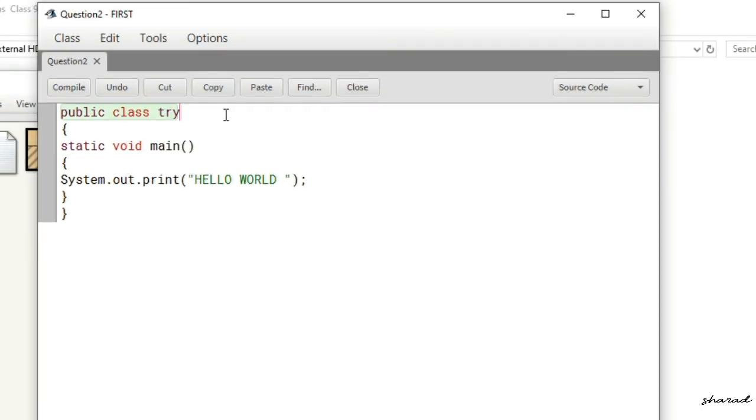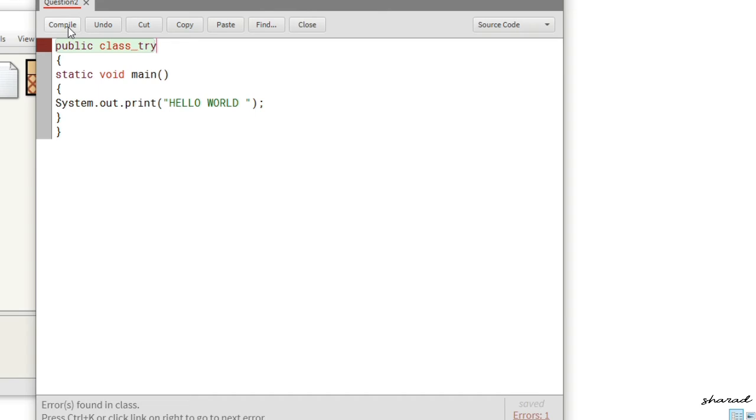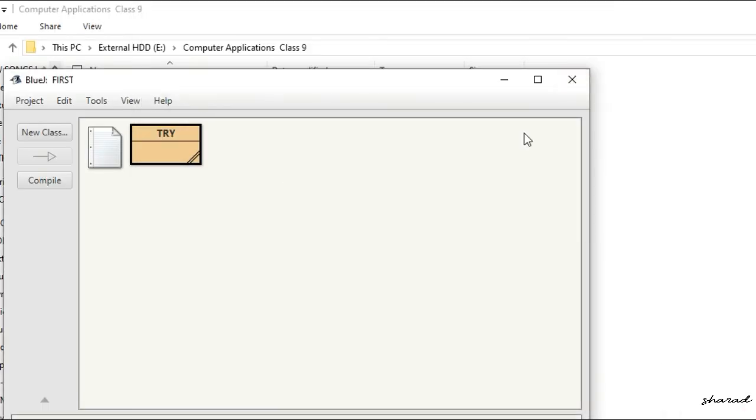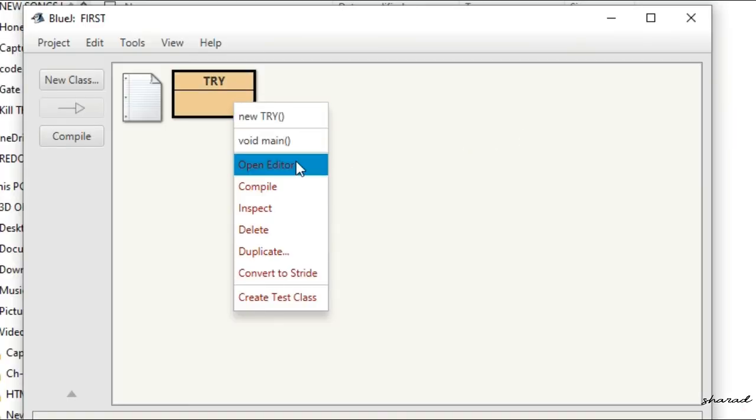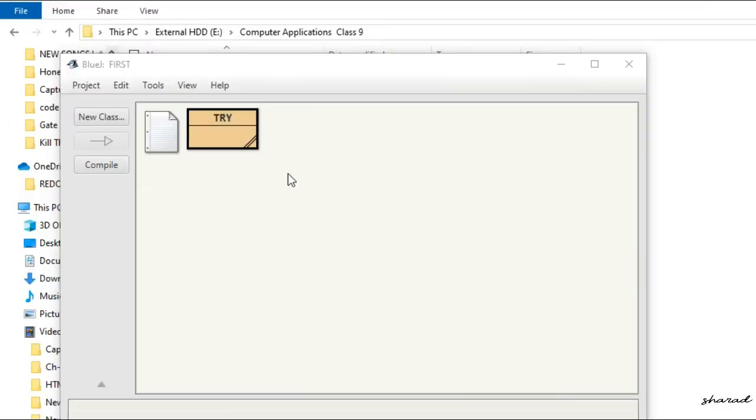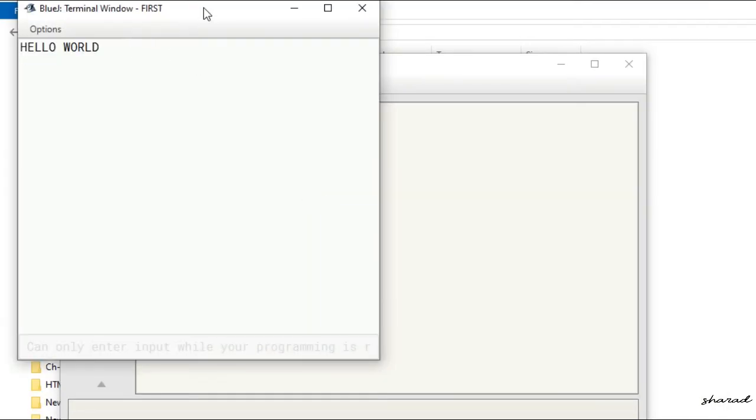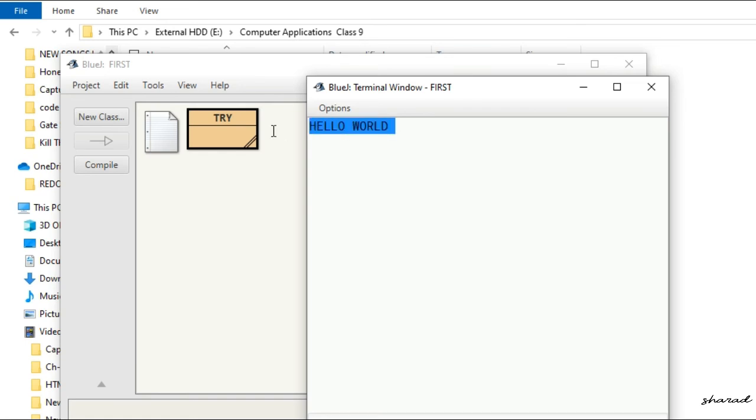After writing your program, click on the compile button. It will display the message: class compiled, no syntax errors. If there is no error, then your program is successfully compiled. Otherwise you can find the errors and remove them, and then you can compile it again. Next, I will tell you how we can execute or run our program. Select the class folder, right click on the folder icon and select void main. Click on void main (String[] args) option from the drop down menu. A new window will appear showing your output.